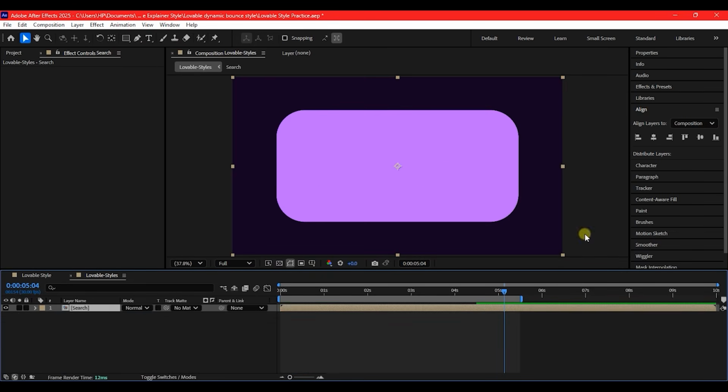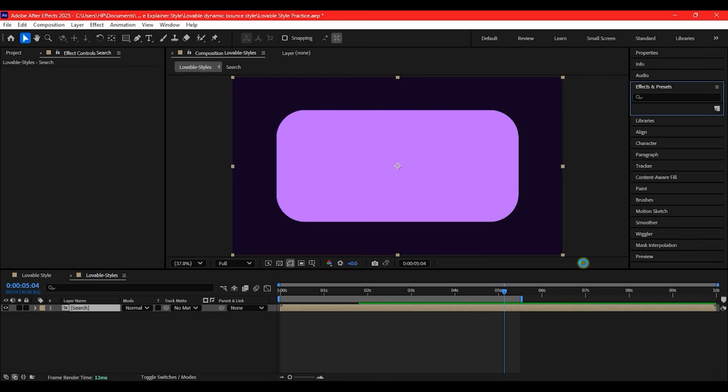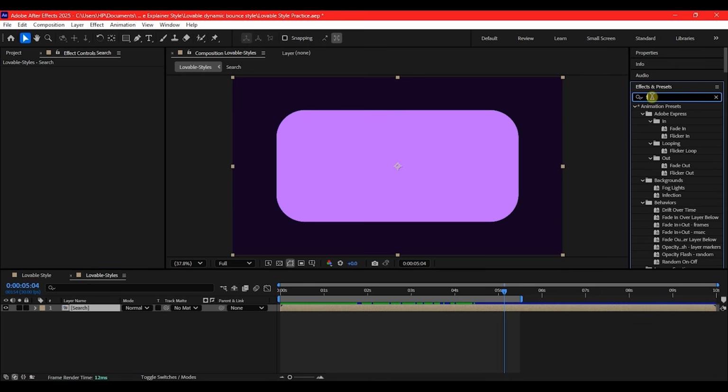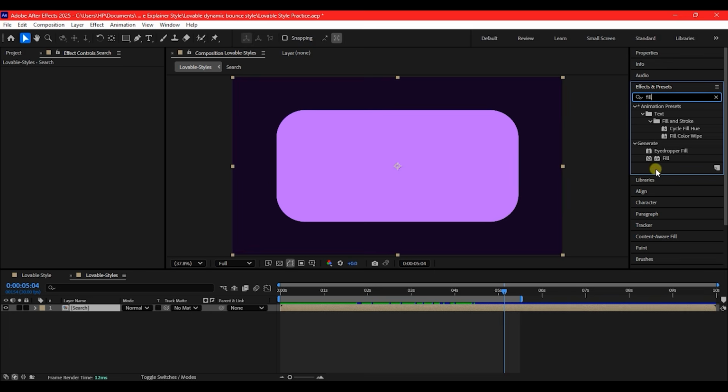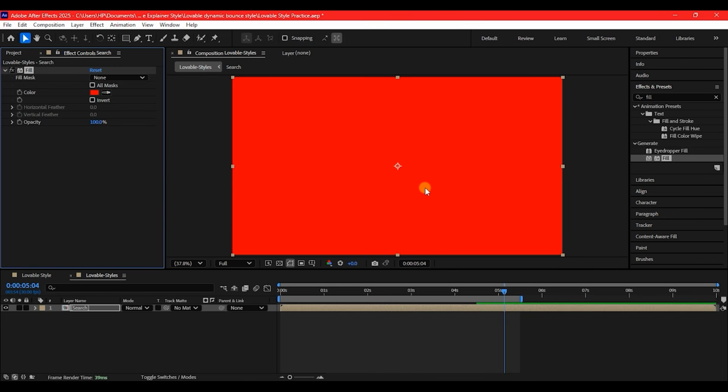Now the first thing we're going to do is to add a fill effect. So we're going to go to Effects and Presets. On the Effects and Presets, let's search for Fill Color. Then we're going to drag and drop it into the layer. This is going to give us,